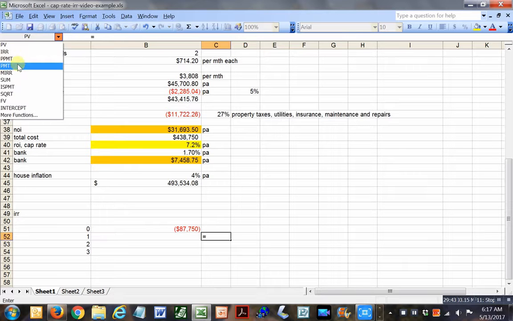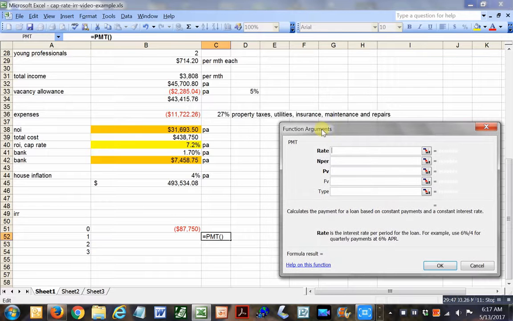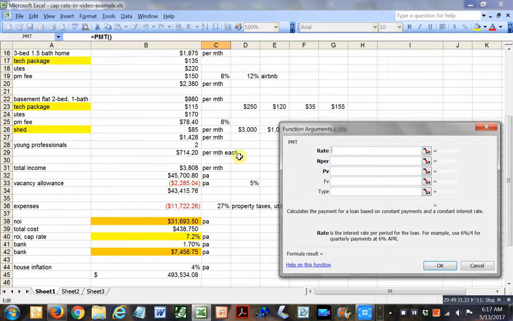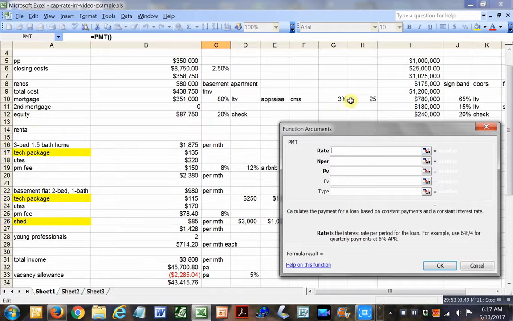I'm going to put the equal sign in here, and then you'll see under Excel you have all kinds of cool functions up here. This is payment. This will allow us to figure out what our payment is on our mortgage. So let's figure it out. The rate on our mortgage, if we go up here, is 3%. And I put my cursor down here. Number of periods,